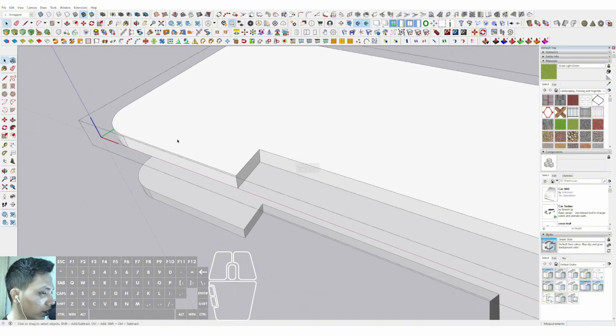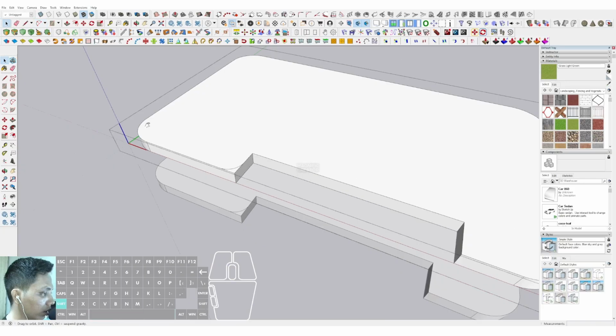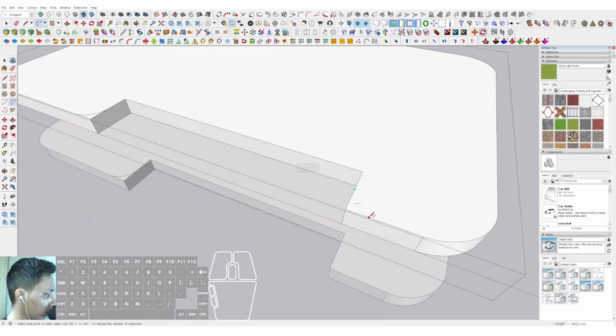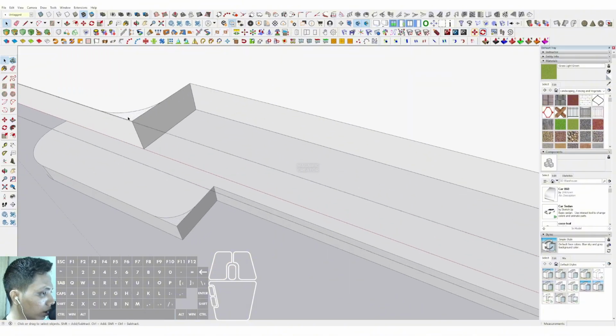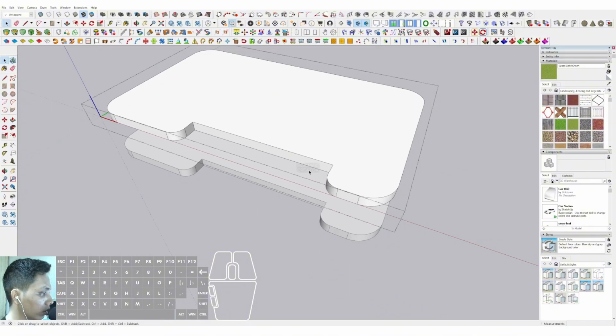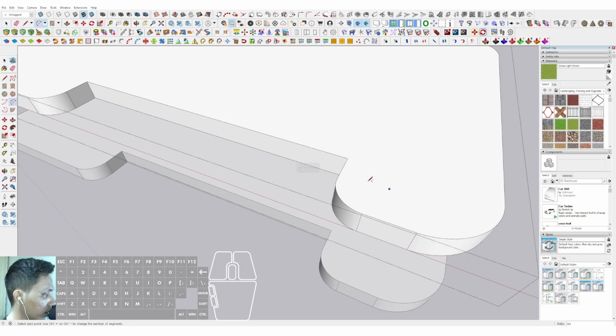Then and after that we can select the 2-point arc and click from this middle until the position in here, and also this one from the middle until this position. Then we can push it down in here and push it down in here. Okay, so this is the result, and then we can select the 2-point arc and select the midpoint in here